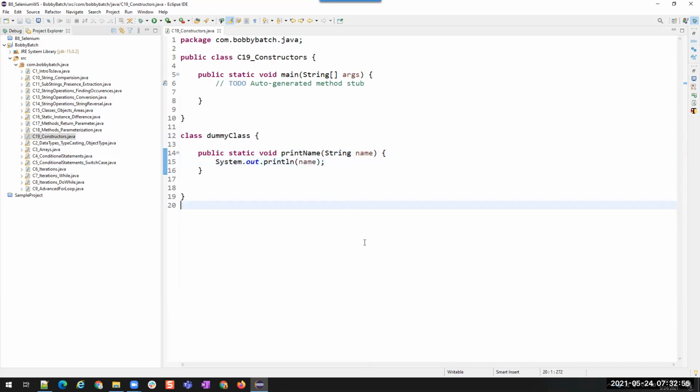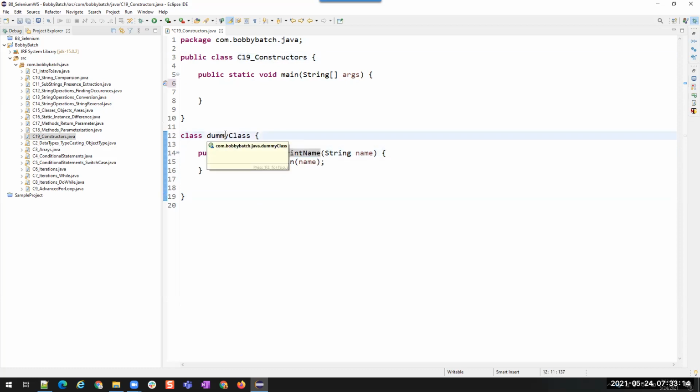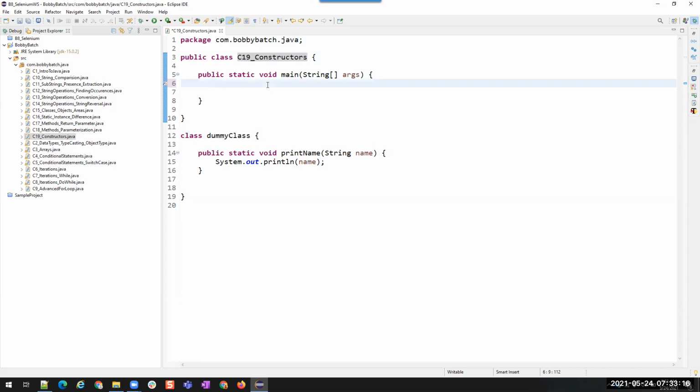Now I want to print the name, but that print name method is not in our class. Our class is Constructor. Is that method in our class? No. That method is inside dummy class. So in order to use the print name method from dummy class inside this class's main method, what should we do?